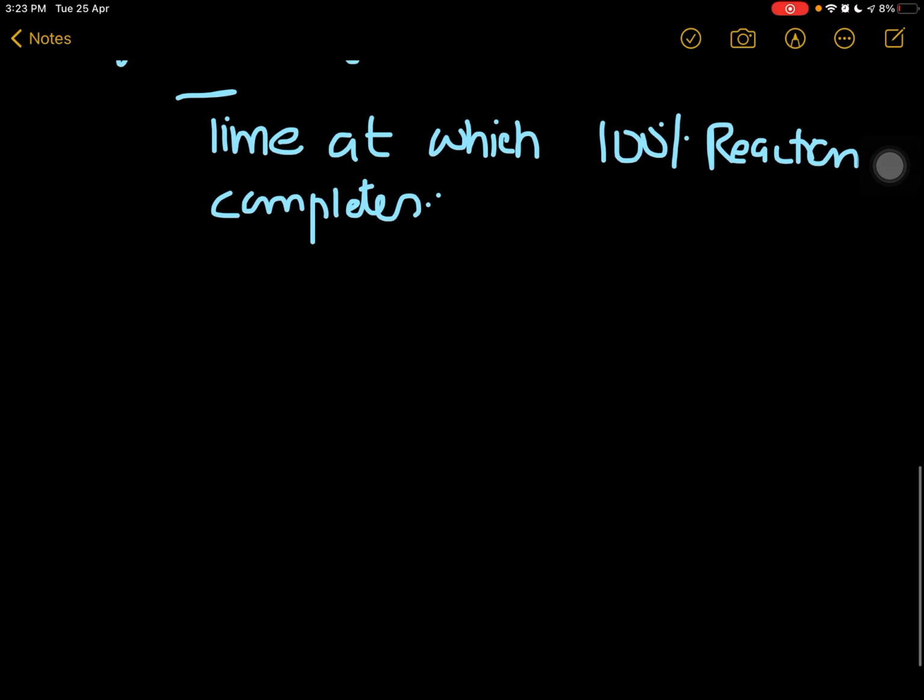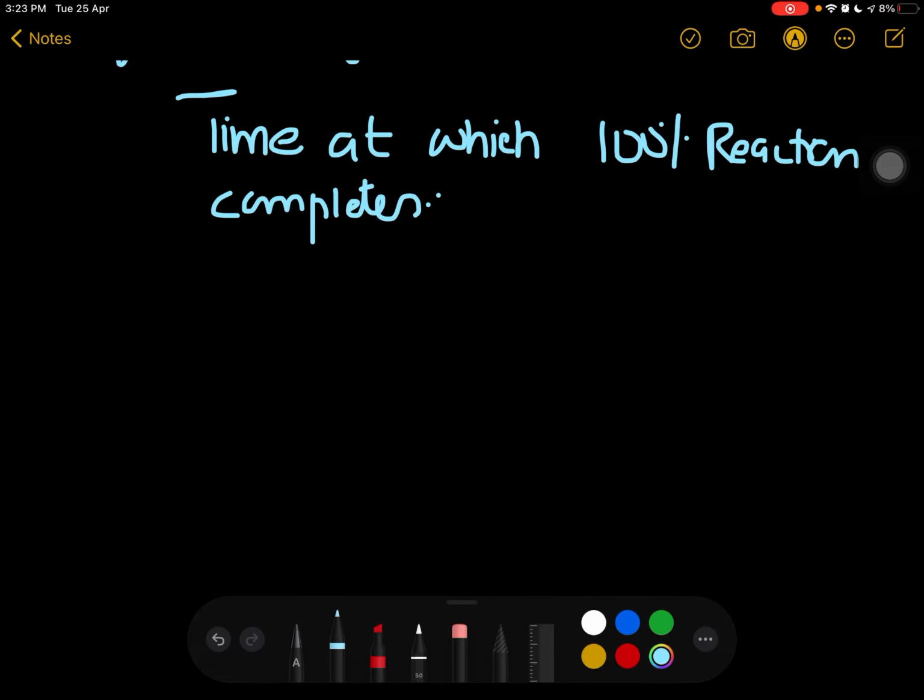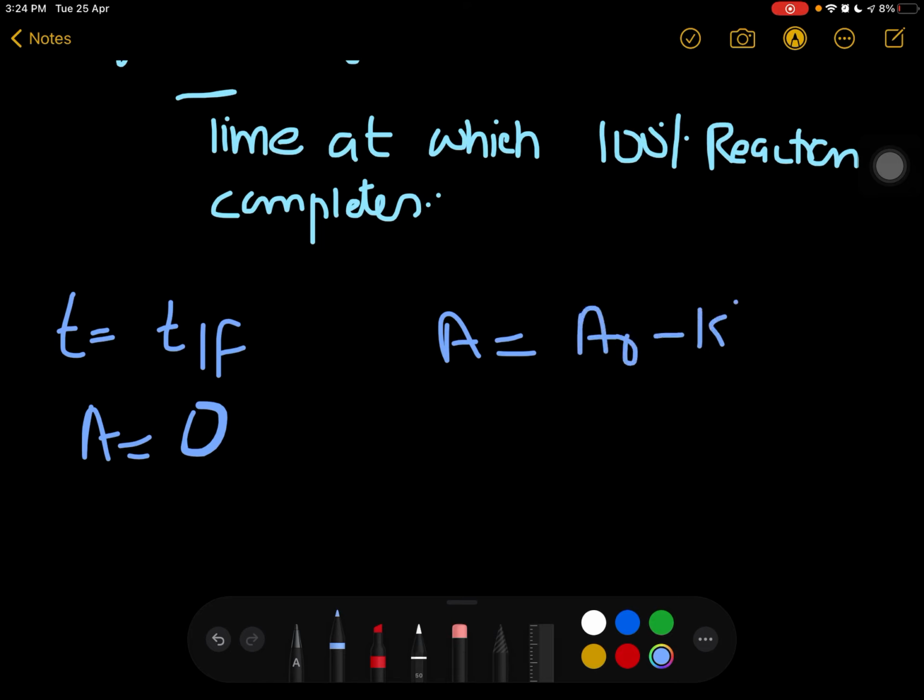So consider that T is equal to TLF, which means the lifetime, and A will be equal to 0 because obviously the reaction is now completed, and it means that the concentration is now finished. So now we will put these two values in the equation, which is A is equal to A naught minus KT. Let's say A is equal to 0 and A naught minus K times